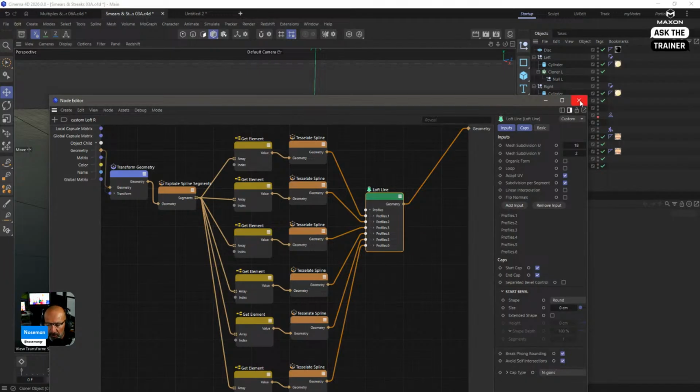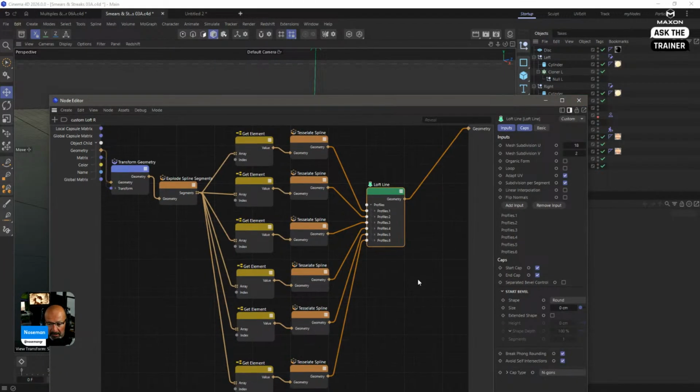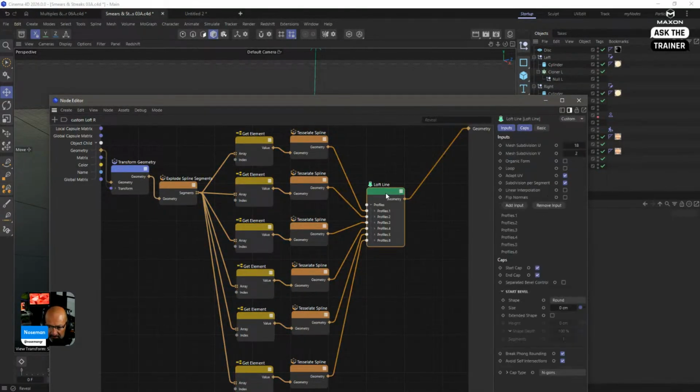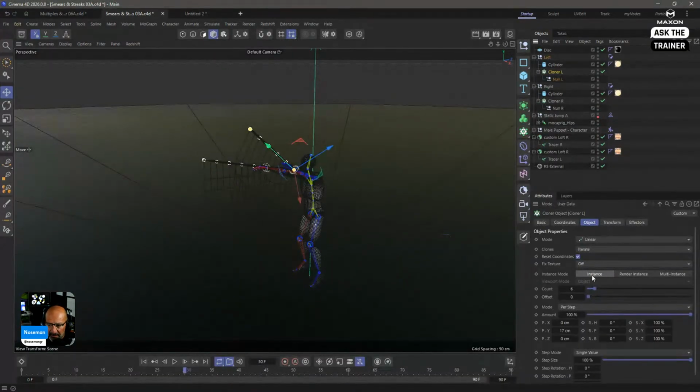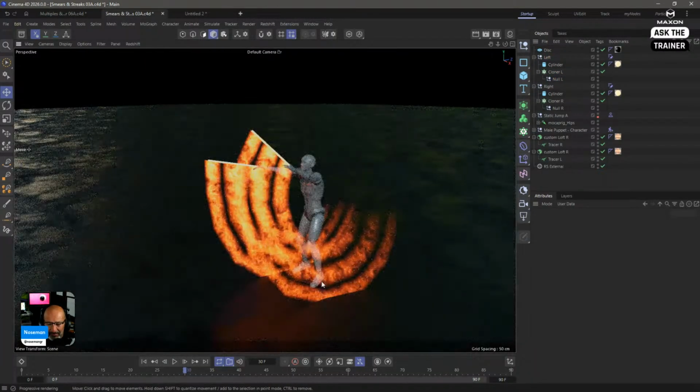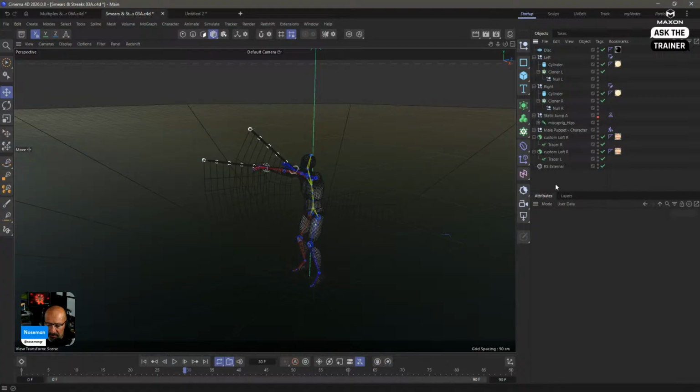From this point onwards, the only thing I need to keep track of is these elements here: how many of these I'm going to use, and how many I'm going to generate. The number of inputs to generate needs to be the same as the number of nulls I have here. That's the only thing you need to keep track of. Anyway, that was another example of how you can use very simple, can I call it, algorithmic thought? Maybe. Thinking in a different way will improve your problem-solving abilities.